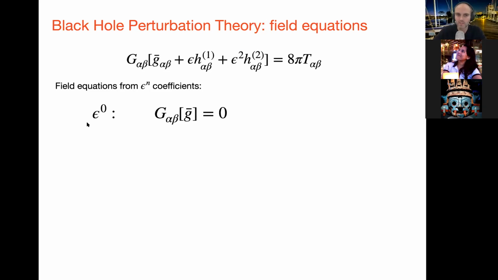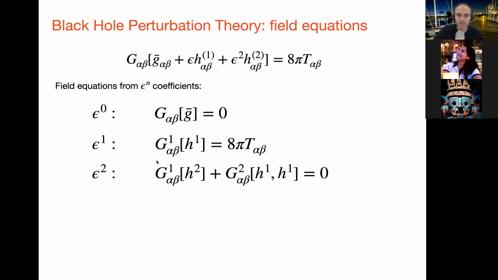So what do we get at zeroth order? Well, we know that the background metric is a vacuum solution, so nothing unexpected there. More interesting, of course, is once we move to first order. So now we have this G1, the linearized Einstein operator, acting on the first order metric perturbation. And this is sourced by the normal source. The secret is there's a factor of epsilon hidden in here that would have appeared on the previous slide. And so there's a lot of work to do now. I'll mention some results, but the main focus of this talk is what happens when you go to the next order.